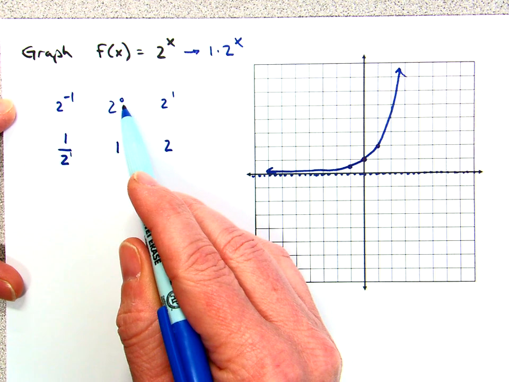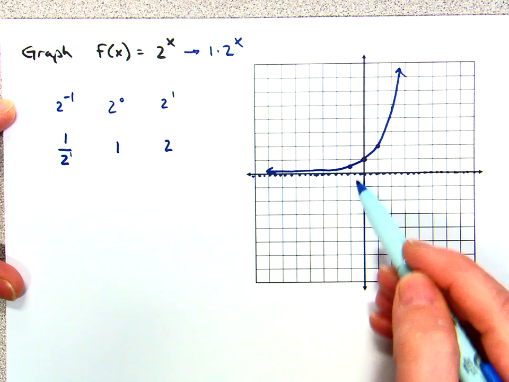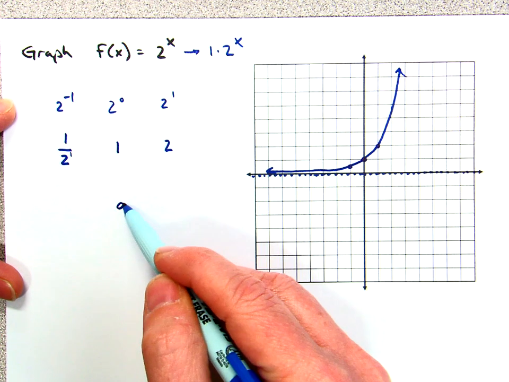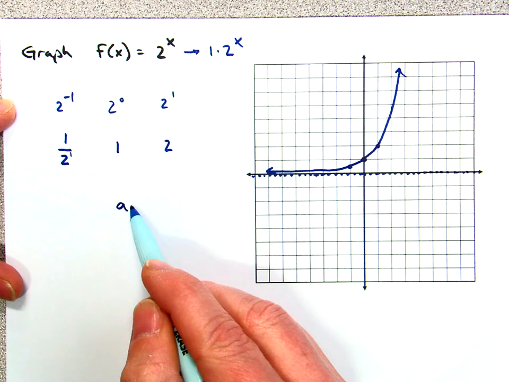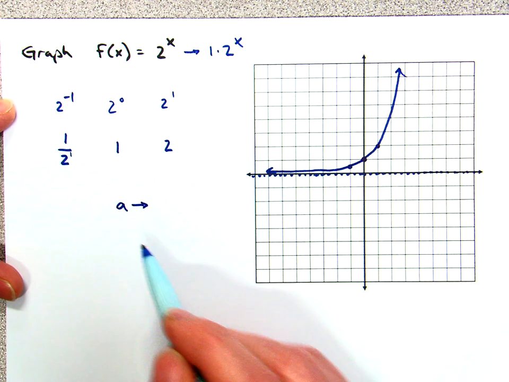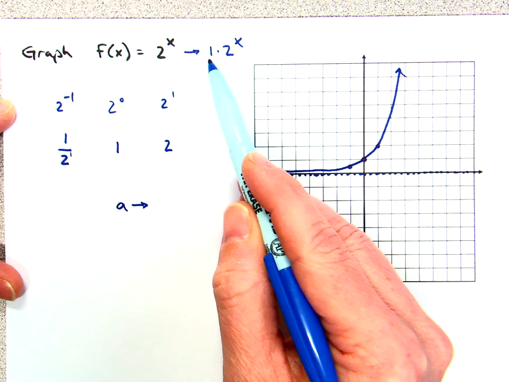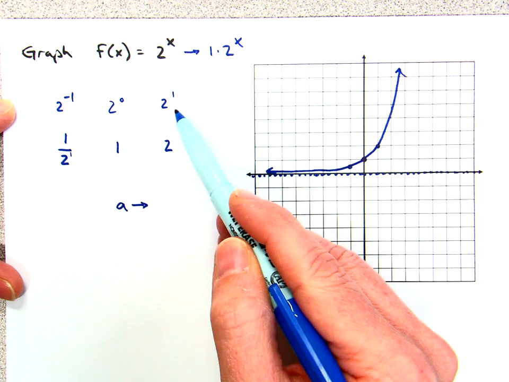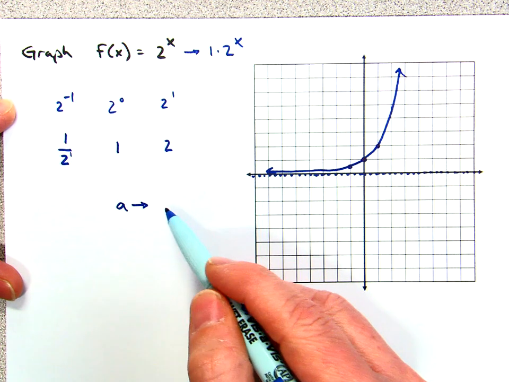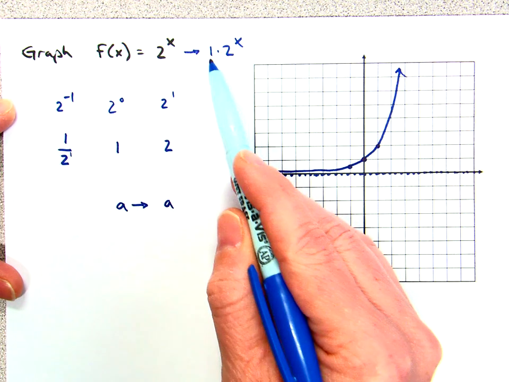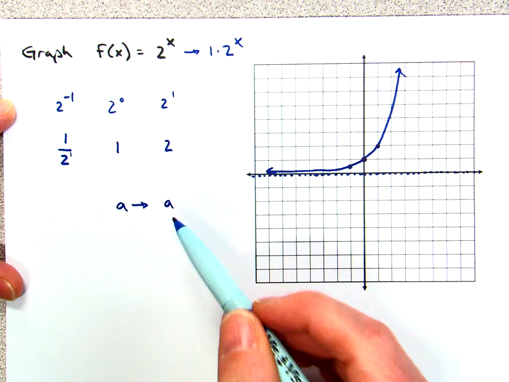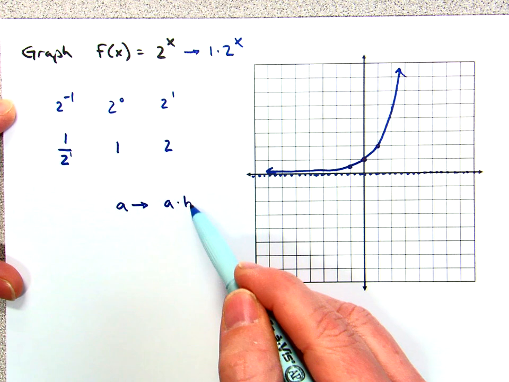So, when x is 0, we're going to have a y value that's just a, right? If I move 1 unit to the right, then I'm going to have, we could say that this is 1 times 2 to the first, right? So I'll just have my a value, which is 1, times 2 to the first, which is just the b value of 2,